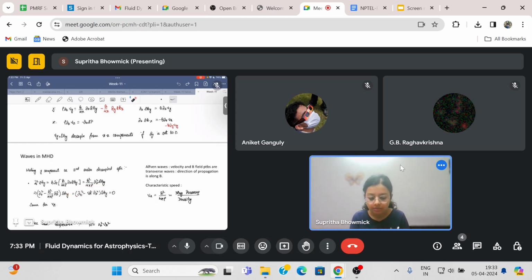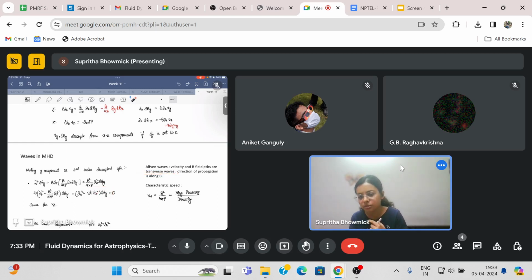This tells you that the y component of perturbations propagate along the z direction, because understand that in the equation of motion for delta Vy, there are no other components, no x or z components. So these y components of perturbation propagate along z as a wave with what velocity? With whatever comes multiplied to del z squared. So the velocity of these y component perturbation waves is Va. These are Alfven waves.